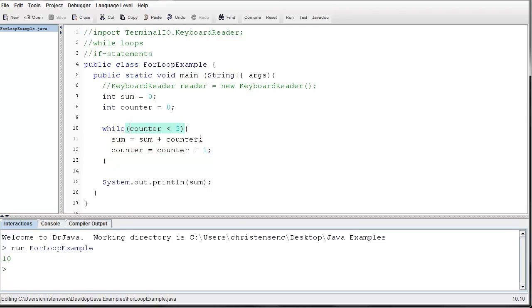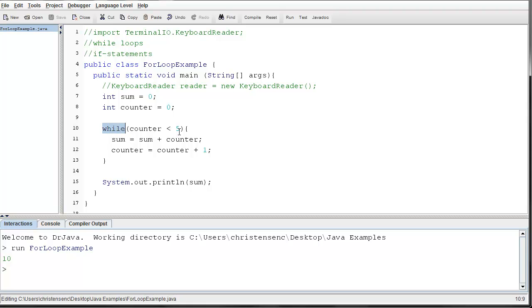So what it did is the first time through, sum was 0, and it added 0 plus 0. Next time through, though, my counter was bigger, so it did 0 plus 1. Okay, save that value to sum. And the next time through, it did 1 plus 2, and the sum kept growing until the counter was not less than 5 anymore, at which point we ended the loop and printed it out. Now I can rewrite this whole thing as a for loop, and we'll incorporate user input later, but